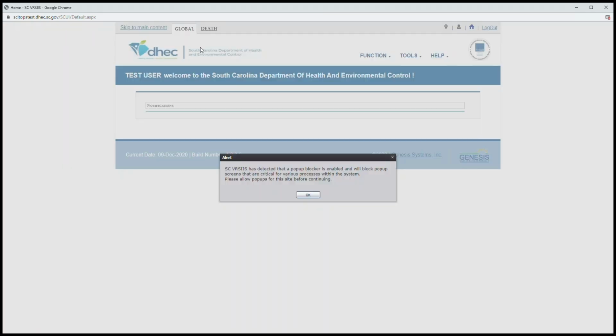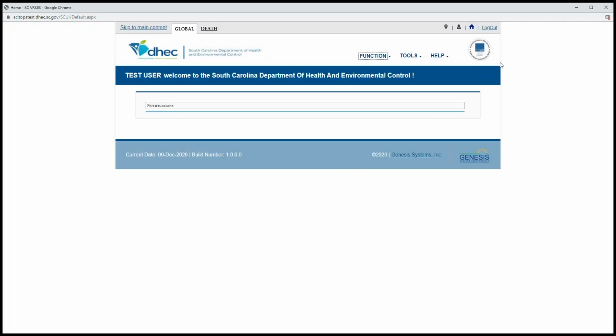As mentioned previously, the web-based system requires that pop-up blockers are disabled for this page. After you click OK, your browser may prompt you where you can enable pop-ups for this page. Methods for disabling pop-ups will vary from browser to browser. The main content screen is referred to as the Global tab. From this tab, you will be able to access a number of functions and tools that will be demonstrated in this training. The other tabs will offer access to specific event modules assigned to the user.